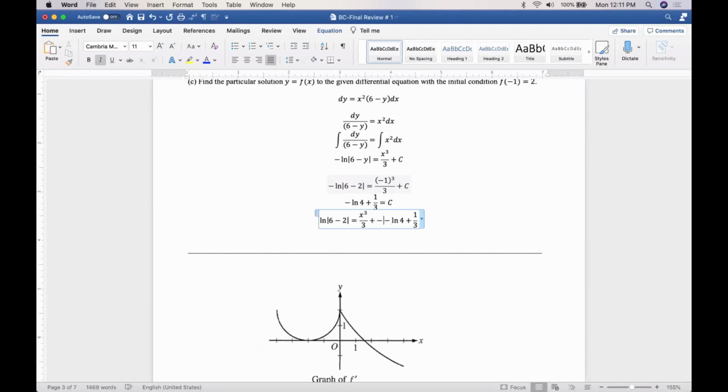Negative ln of 4 and a plus 1/3. That was the C, right? Yeah. Now I'm multiplying by -1. So multiply by -1, that would be a negative. That goes back to positive, right? And that goes back to negative, correct? Is this step correct so far? Yeah. Okay, now we're going to solve this equation by saying